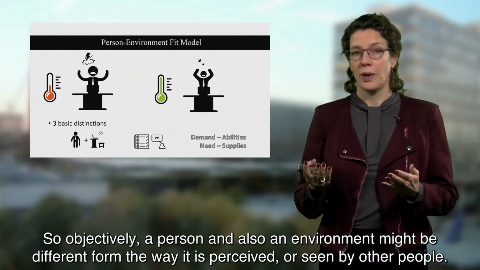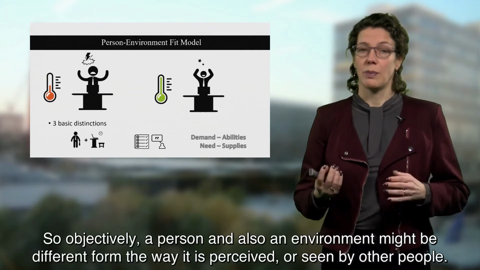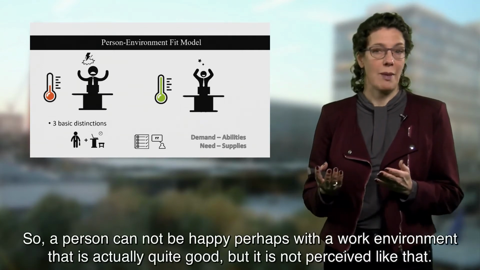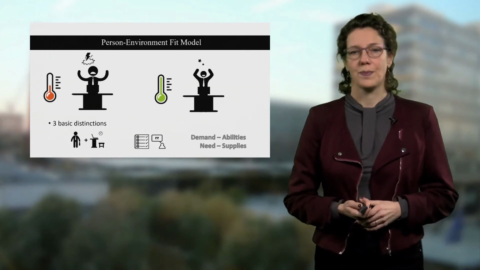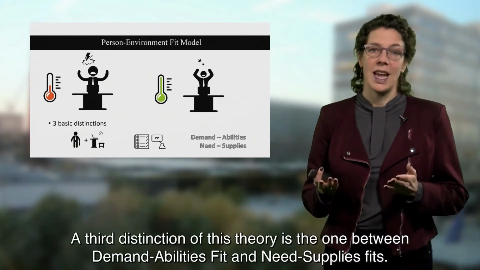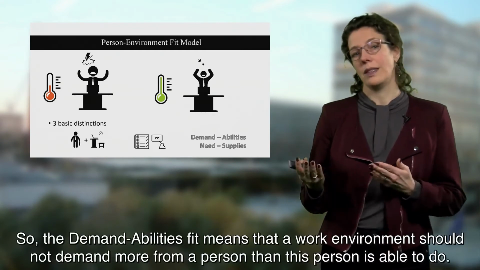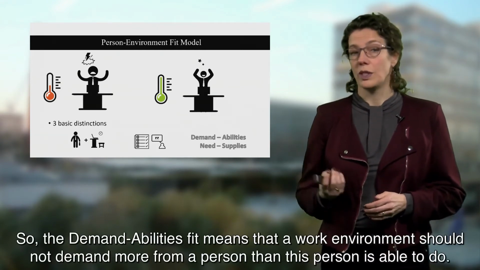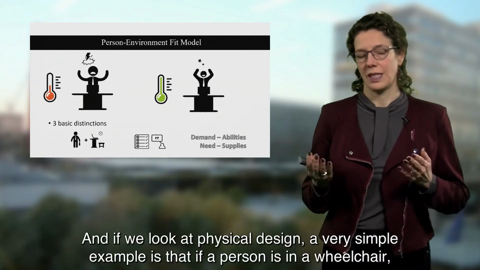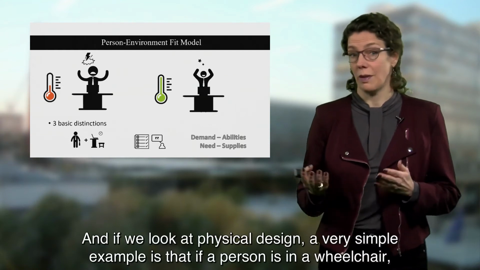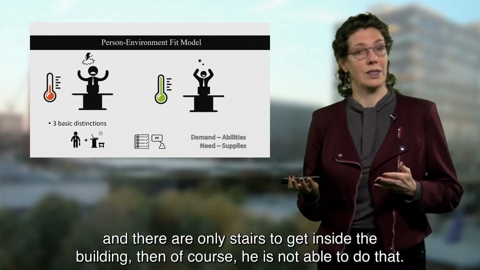So objectively, a person and also an environment might be different from the way it is perceived or seen by other people. And so a person cannot be happy perhaps with a work environment that is actually quite good, but it's not perceived like that. A third distinction of this theory is the one between demand-ability fit and need-supply fit. So the demand-ability fit means that a work environment should not demand more from a person than that this person is able to do. And if we look at physical design, a very simple example is that if a person is in a wheelchair and there is only a stairs to get inside the building, then of course he's not